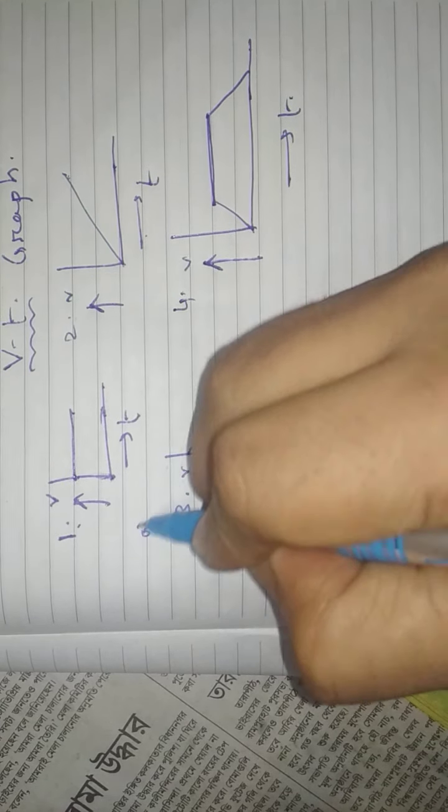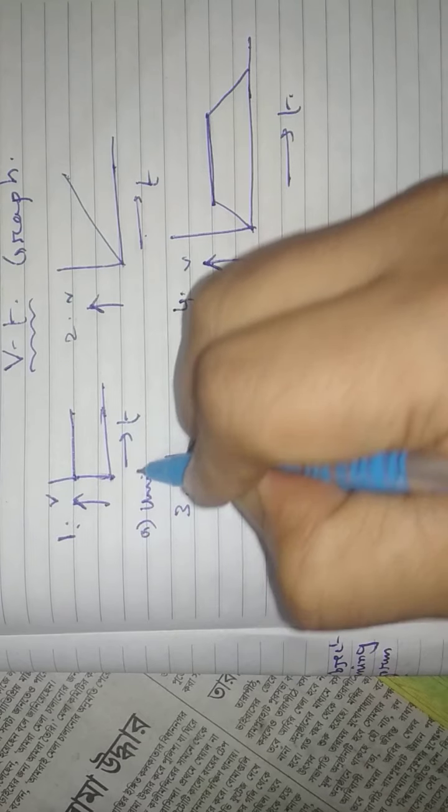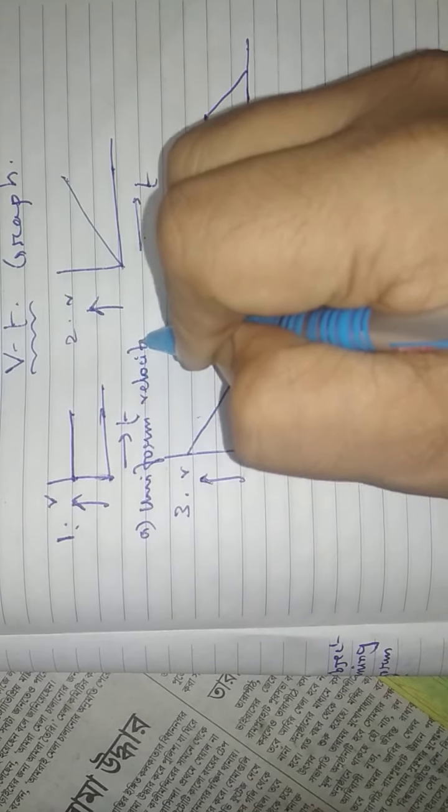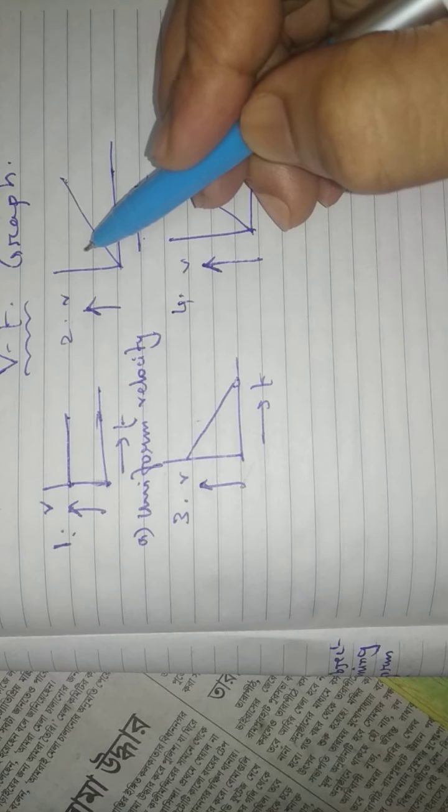So we can write uniform velocity. In this graph,